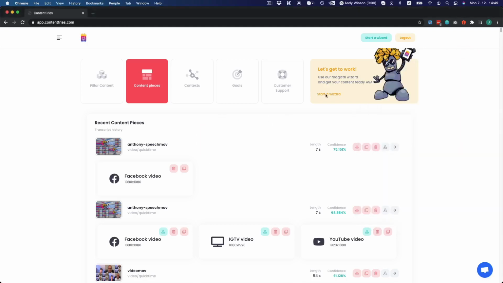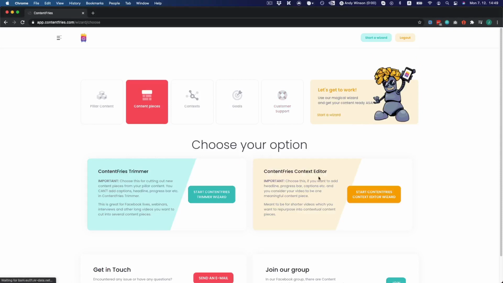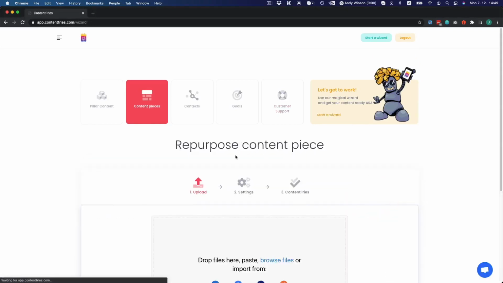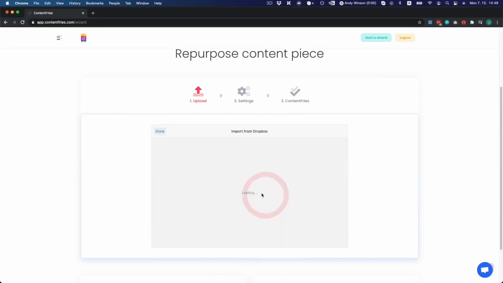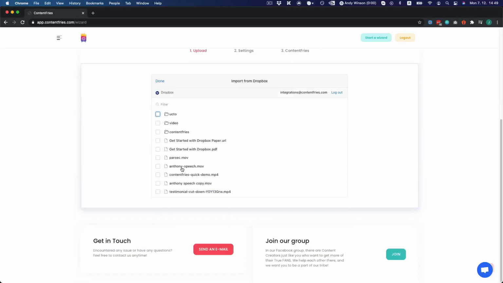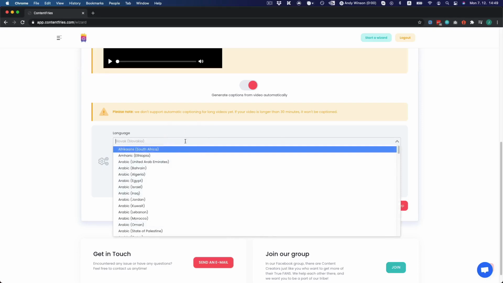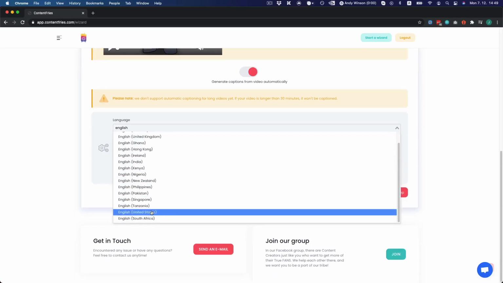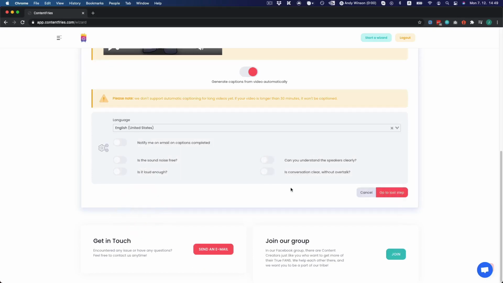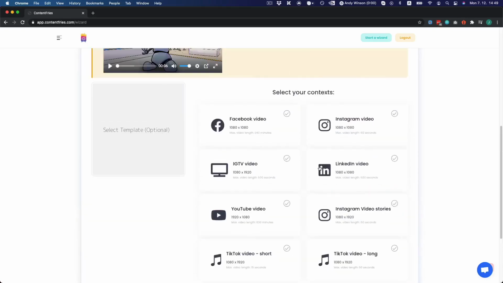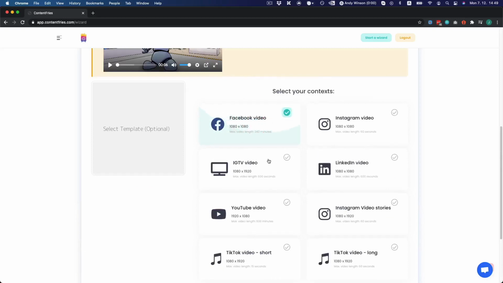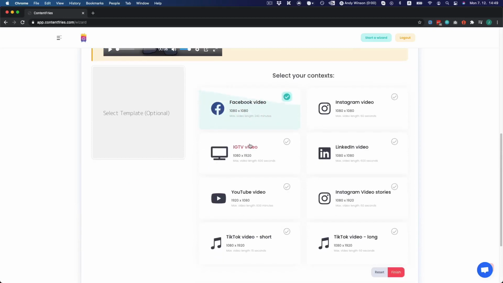And the first thing we need to do, obviously, is to upload our video. We will choose the ContentFries Context editor for this task, and we will use our Dropbox integration and choose maybe this video, Anthony speech.mov, and select it. We also need to set the proper language, because I have Slovak language set in there. And now just go to the last step and choose the context you are interested in,